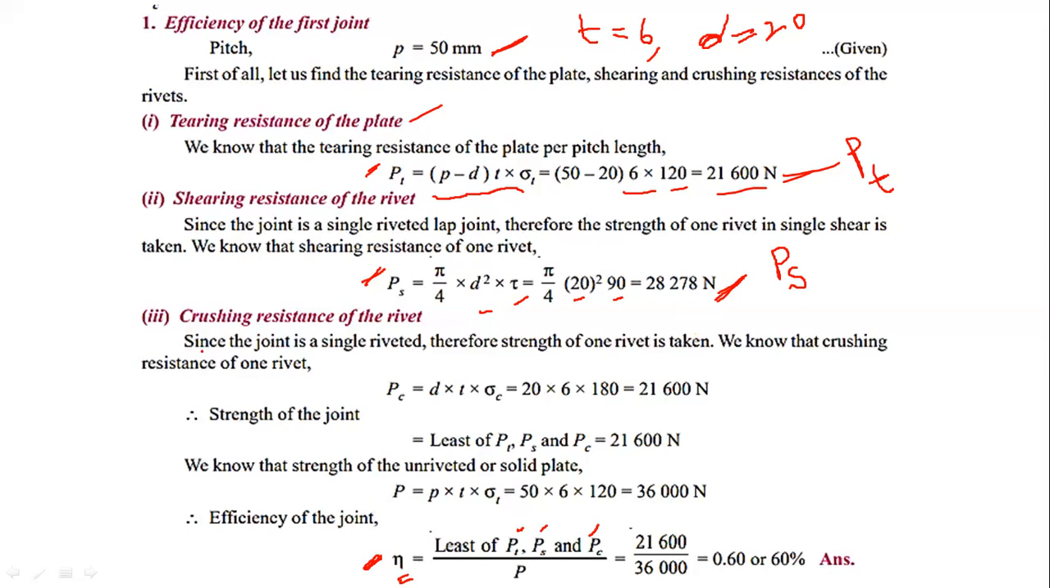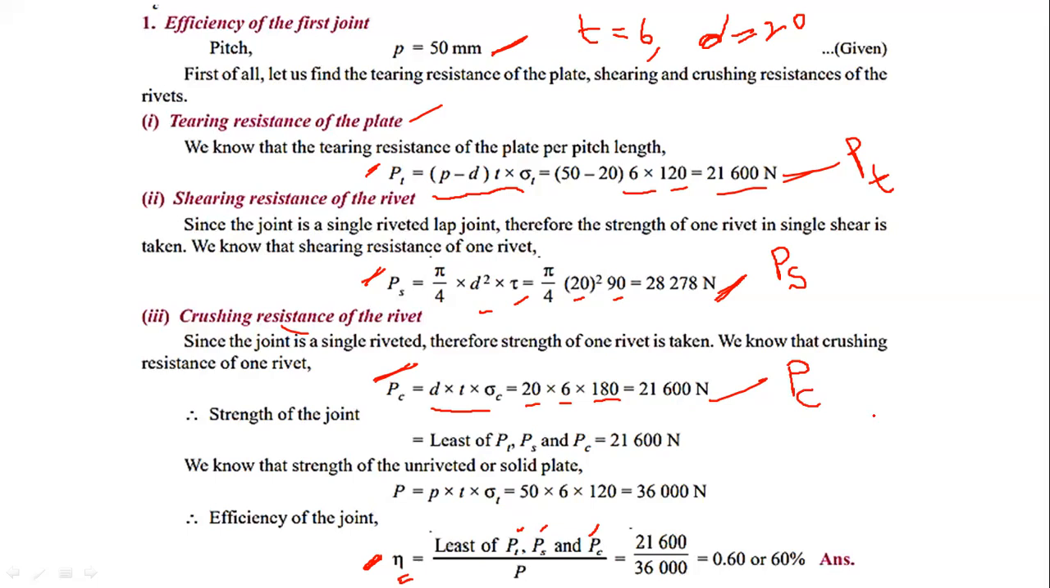The third one is the crushing strength, PC. PC is the crushing strength or crushing resistance. Already we know the formula for crushing strength. That is the diameter of the rivet into thickness of the plate into crushing stress. 180 megapascal is the crushing stress. So diameter equal 20 mm and thickness equal to 6 mm. So the final value is 21,600 newtons for crushing